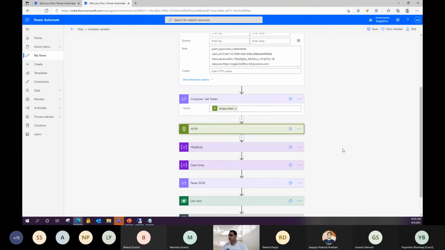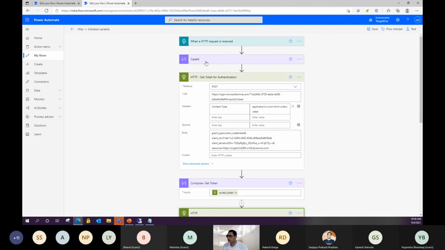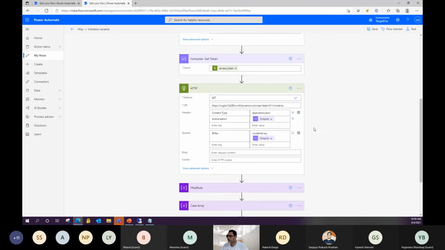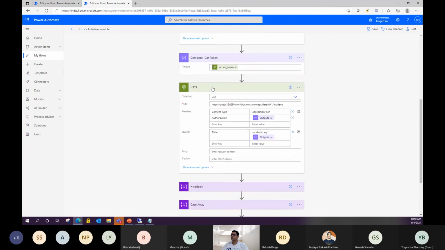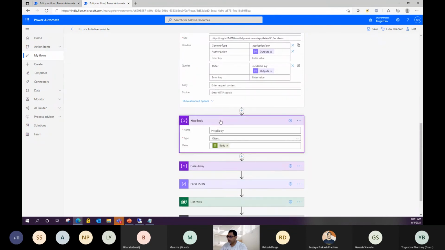At this step, we pass the authorization bearer token, and on the filter side we pass the case ID output. This HTTP step will retrieve the case detail inside the target environment, and then we do the parsing of the case record.